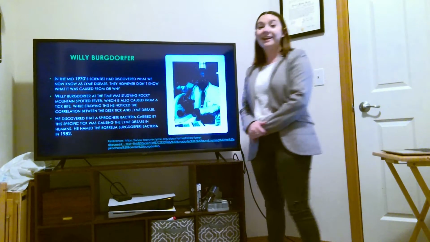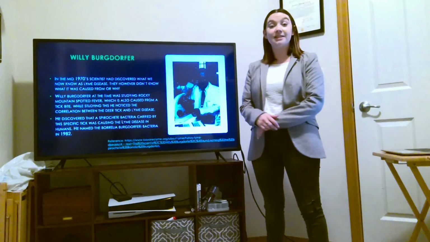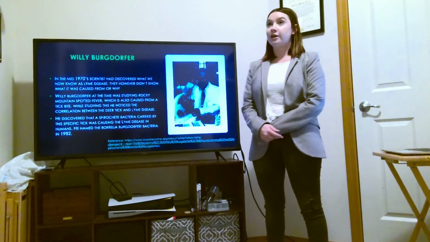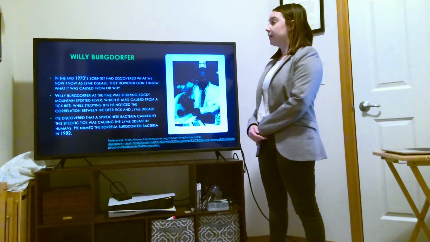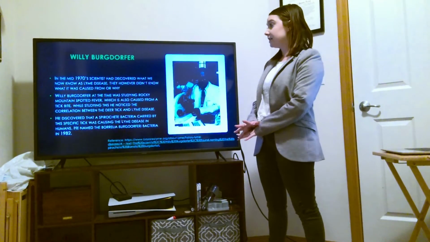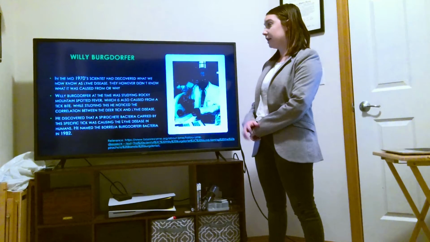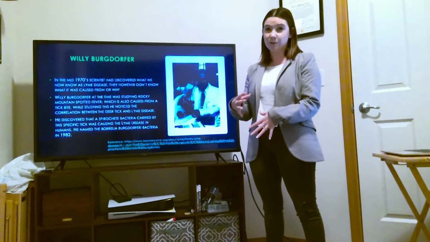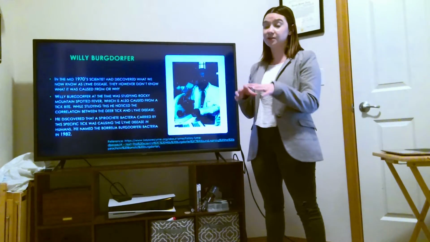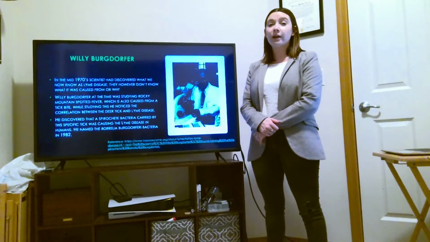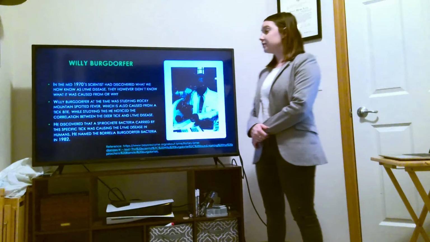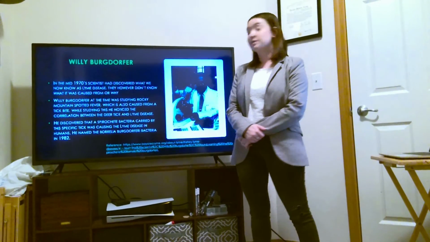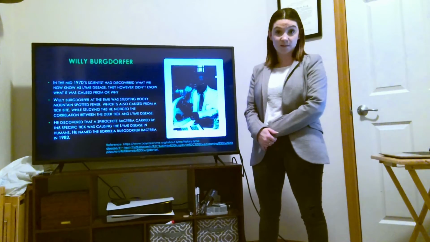Willy Burgdorfer is the scientist that actually discovered the bacterium itself. He was currently working on another project when he discovered it. To begin, in the 1970s, we figured out these cases were happening and we diagnosed it as Lyme, but we weren't quite sure where it came from. And it wasn't until Willy Burgdorfer, who was studying Rocky Mountain spotted fever at the time, which is also caused by a tick,